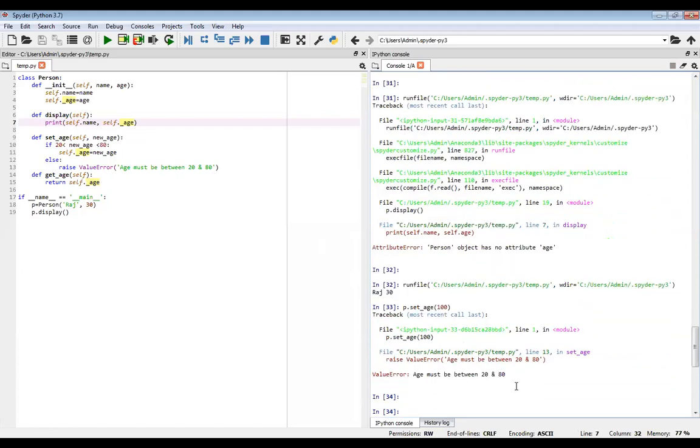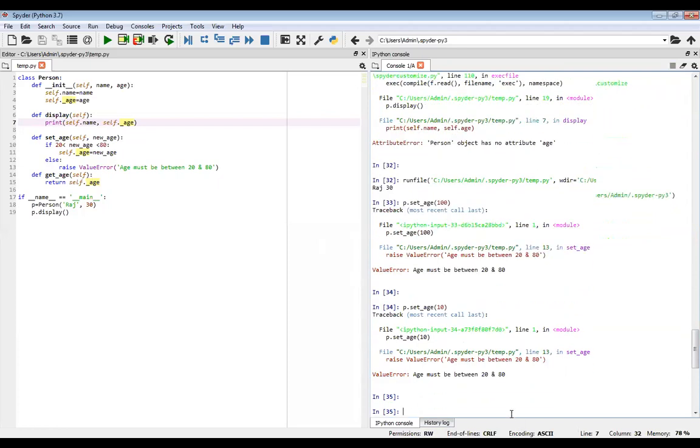The error. The exception handling concept we have used, and we get the error that age must be between 20 and 80, right? So similarly, suppose instead of 100 I put 10. Obviously I will get the error, the same, it must be between 20 and 80.